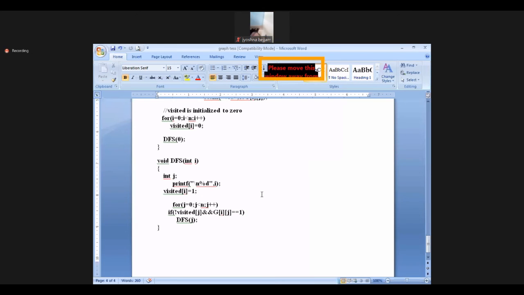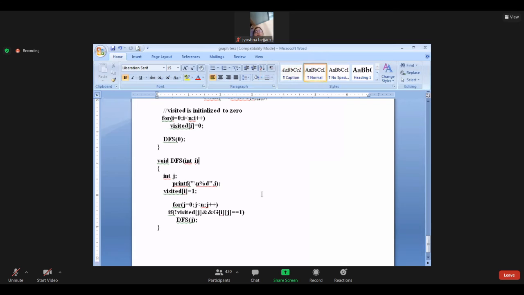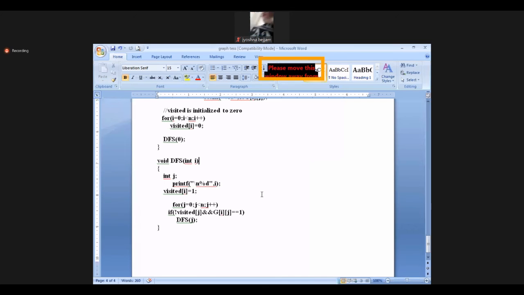DFS means depth first search. That means we will come from 0 to 1. For example, 0 is the starting node, the root node. We'll visit the left child, and from the left child we'll see if any child is there, and again go to the left child. Like that we'll go to the leaf node.